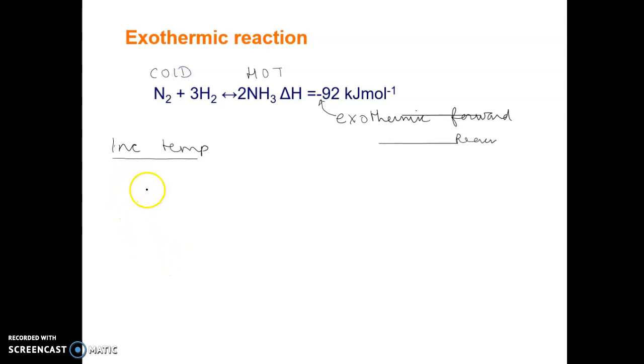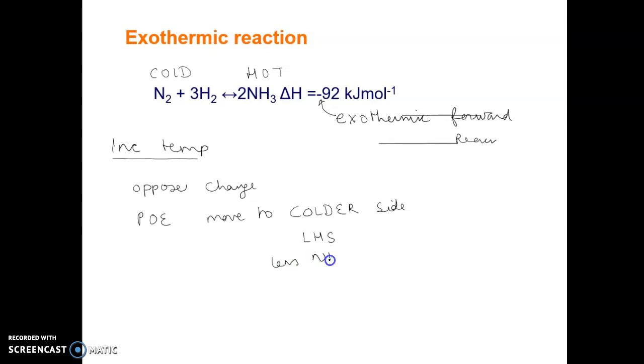If I increase the temperature, then the position of equilibrium will try to oppose the change. You're trying to increase the temperature. That means the position of equilibrium will move to the side which is colder. And in this case, that is your left-hand side. So you will get less ammonia being formed. So if you increase the temperature, the reaction will oppose the change by trying to